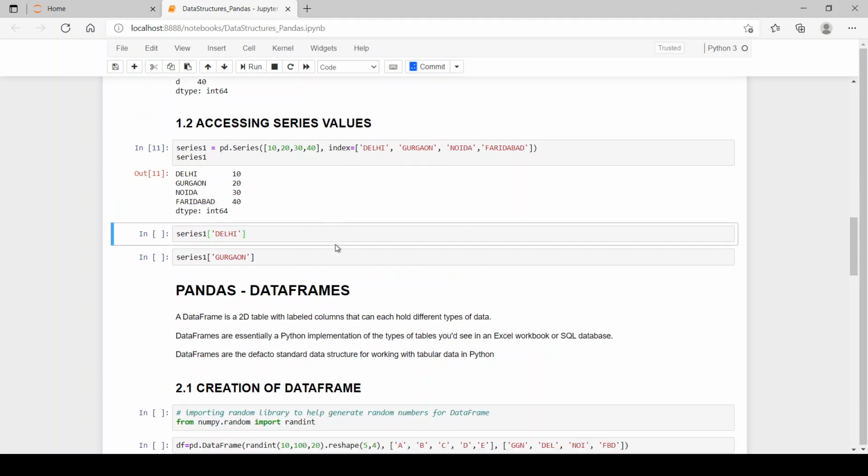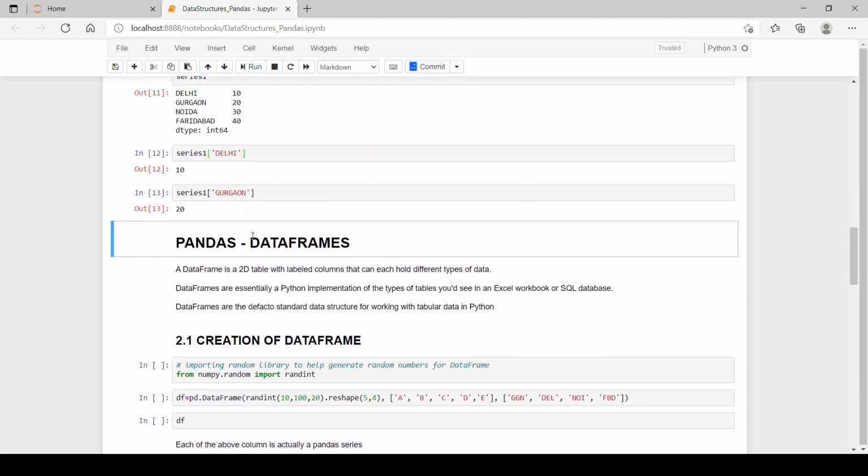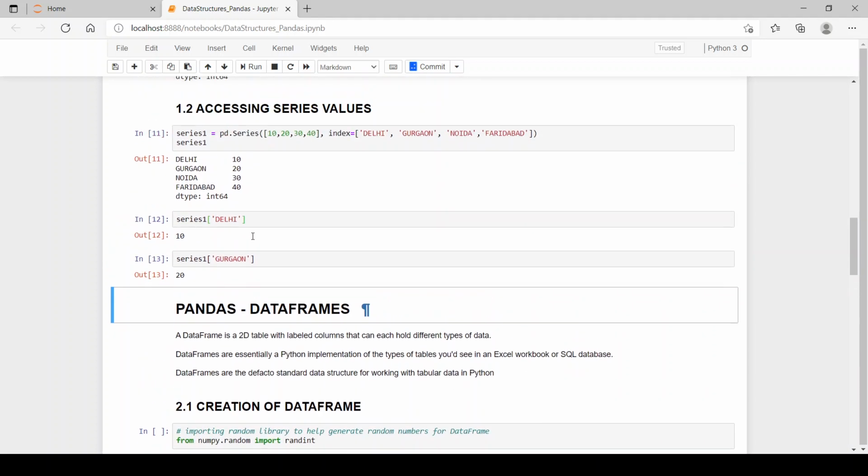Now we have our series and we can access the series elements as we access our values in dictionaries. Like in dictionaries, we use keys to access the values. Now here in series, we use the indices to access its values. So in Delhi we have 10, in Gurgaon 20. So that's all from series.